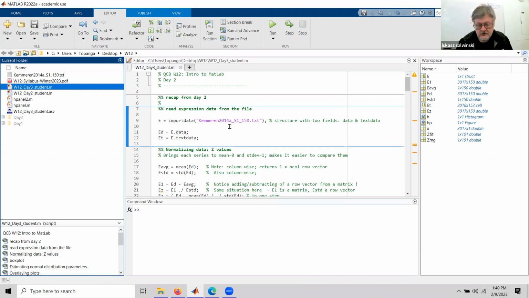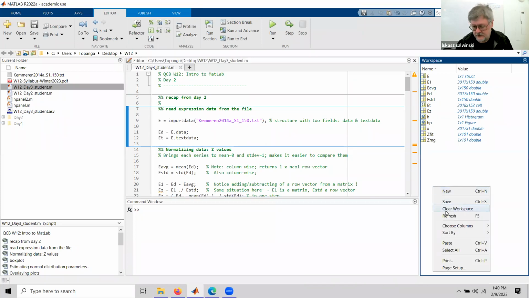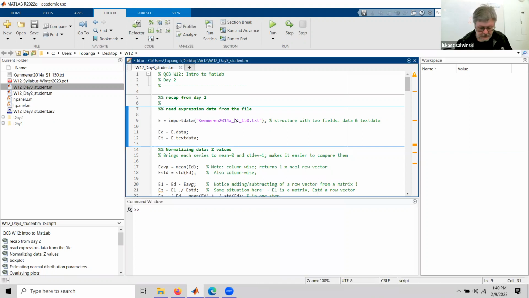So we initially imported data. This is hopefully by now a standard recognizable procedure. I'll clean up the workspace so there's no background. I clean up the command window just in case, and then once we do Control Enter to run a block of code, here's our data. Here we've got about 3,000 individual genes characterized in about 150